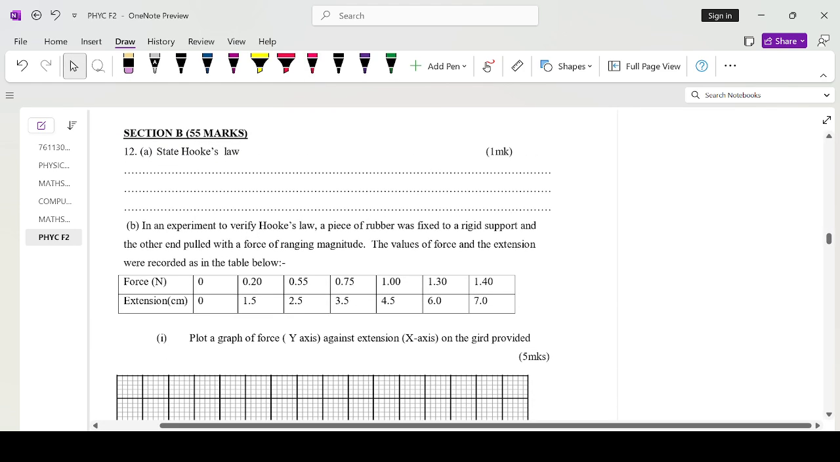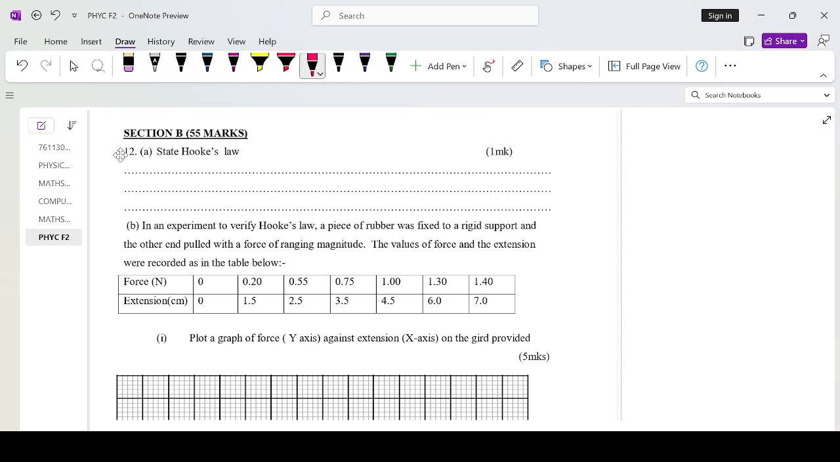Section B. State Hooke's law. Remember that laws and principles in physics are stated the way they are. Don't come with your own language and put it there. So for us to state Hooke's law, we say for a helical spring or any other elastic material,